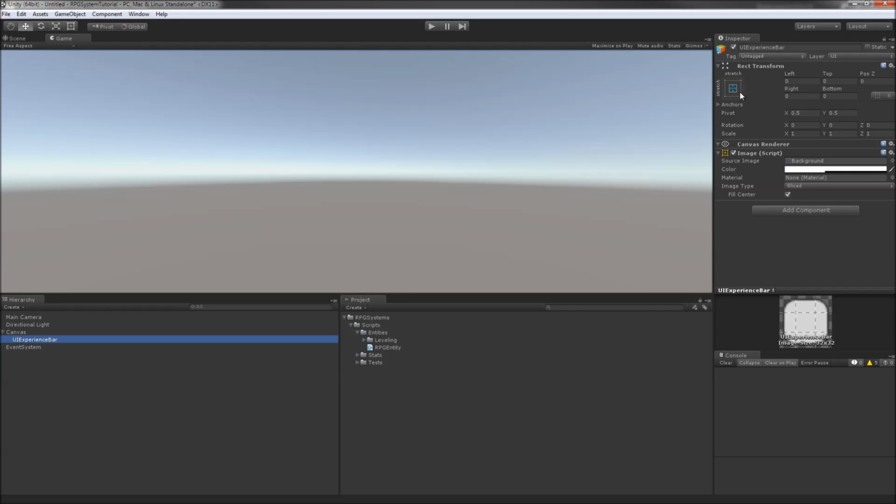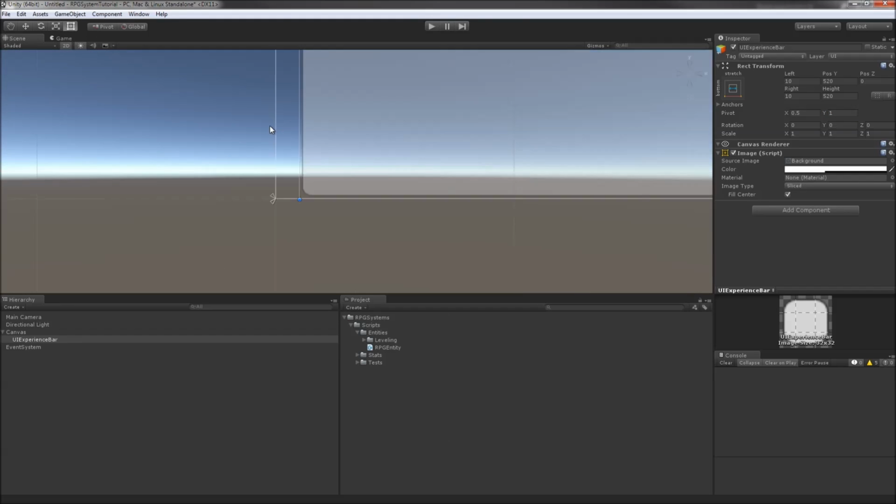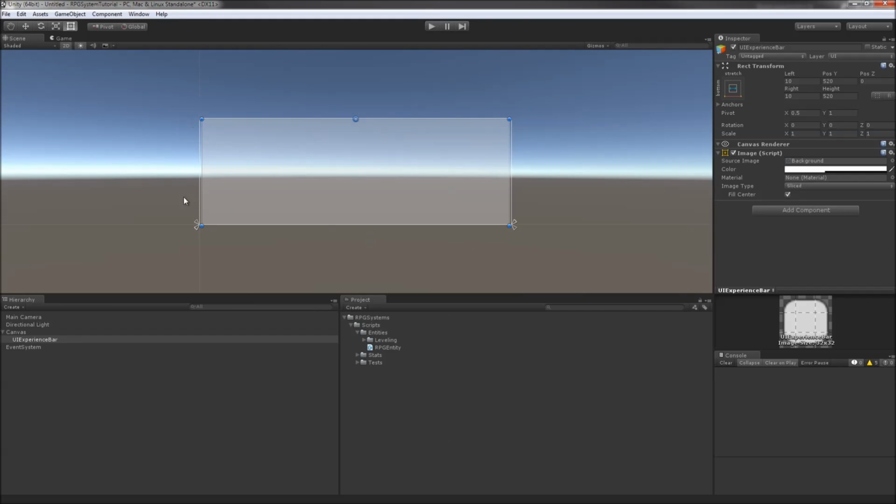Up in the inspector, we'll change some of the values. I'm going to be making this scale across the bottom, but not scale vertically. So we'll do this left and right. I'm going to have a little bit of padding on the left and right by 10. I'm also going to jump down to the pivot before I change the position. Move the Y to 1, which, let me jump over into the scene view, change it to 2D scale, so we have it in the screen view here. Changing the Y to 1